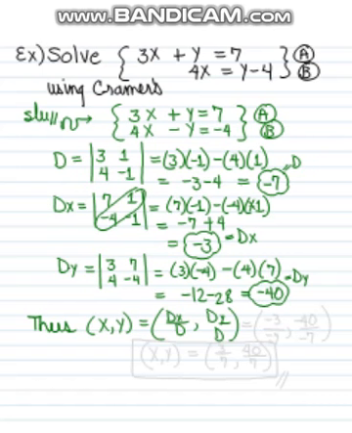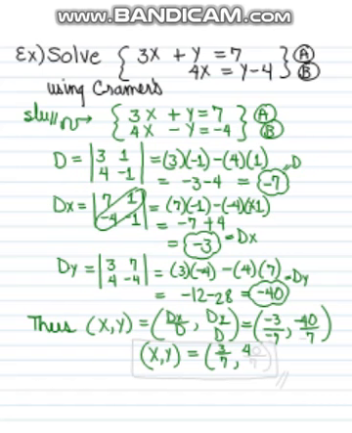So that means it's equal to, the D sub x value was negative 3 over D, which is negative 7, comma. The D sub y formula gave us negative 40 divided by negative 7. Negative over a negative is a positive, so our final x, y solution to this system is positive 3/7, comma, and